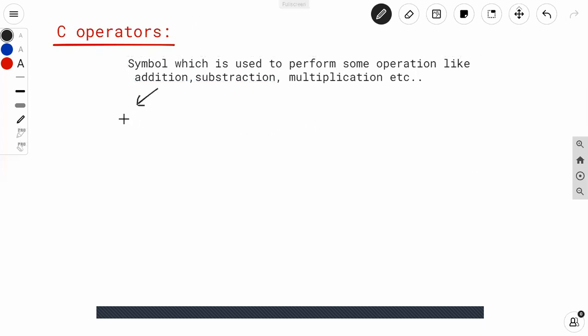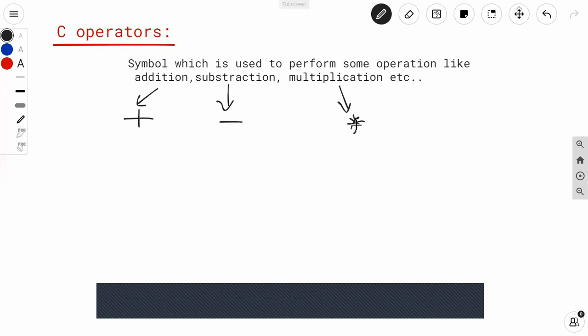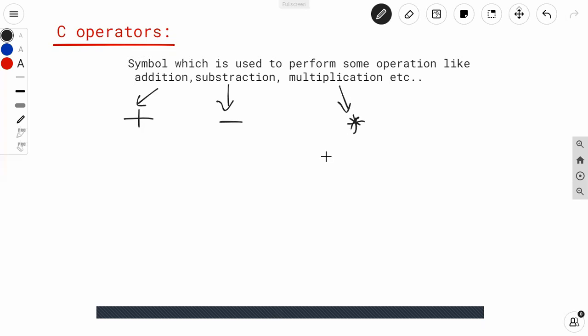For addition we use a symbol plus, for subtraction we use the symbol minus, for multiplication we use the symbol star or asterisk. It is also said to be an asterisk symbol or star symbol. So there are various operators in C language we can use for performing some particular operations. Okay, so that symbol is said to be an operator. Are you getting what is an operator? So operators are the symbols which perform some operations on the variable, and such symbols are said to be an operator.